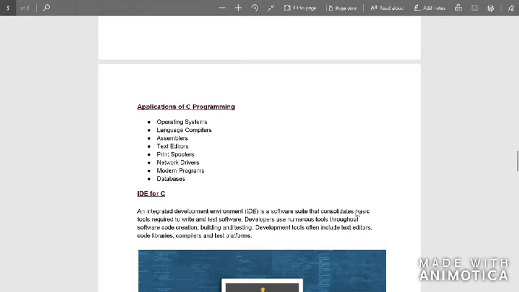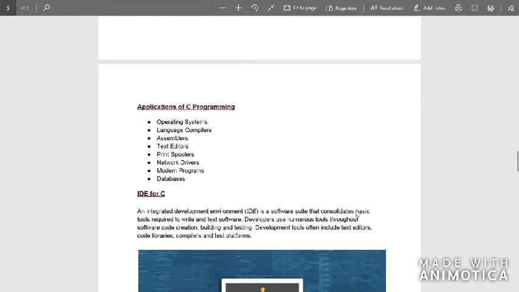This is the explanation for it. A database is a collection of interrelated data. In colleges we have databases, in schools you have databases where your information, your father's name, your mother's name, all your mark details and everything is stored. It's called a database. Such databases can also be programmed using C.